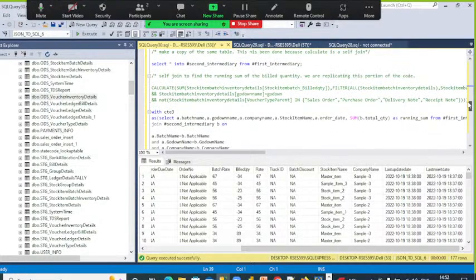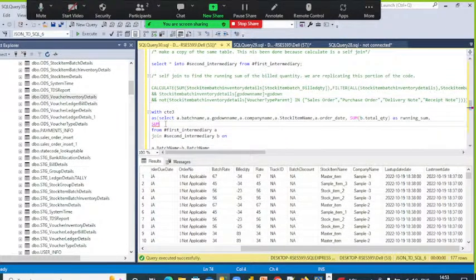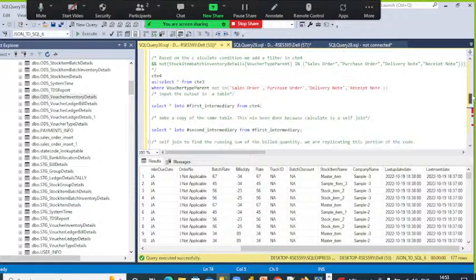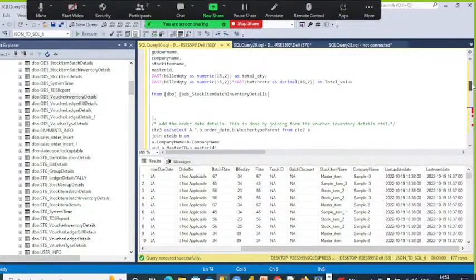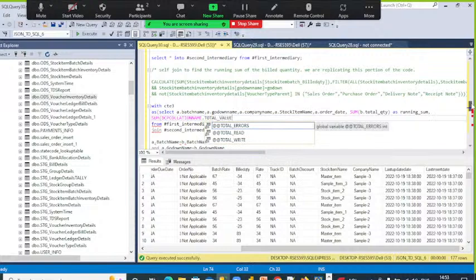This is fine. And sum of, देवज्योति बेटा टाइप करते रहना ताकि प्रैक्टिस हो जाए. Total underscore value as